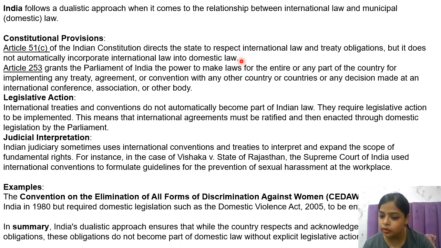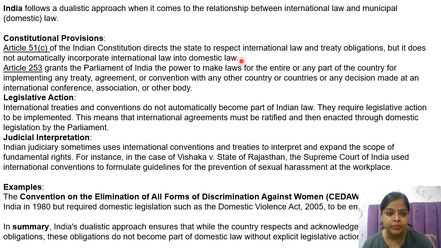So this particular article is stating India's stand that we do not want monoistic approach in the country. We are going for the dualistic approach. So हम लोग international treaty और international law के obligations respect करेंगे, but वो डायरेक्ट या ऑटोमेटिकली पार्ट नहीं बनेगा